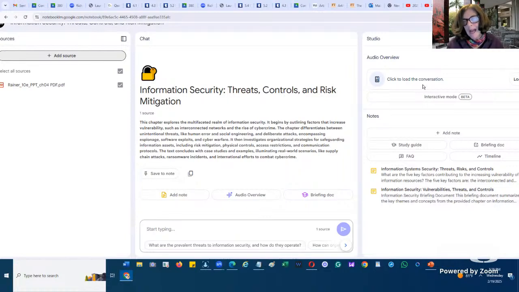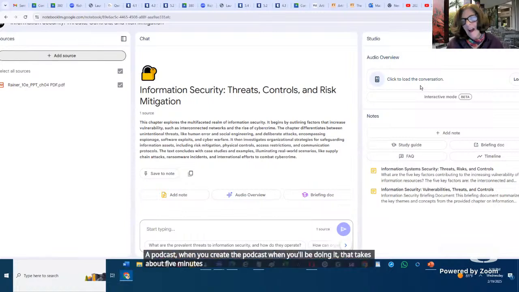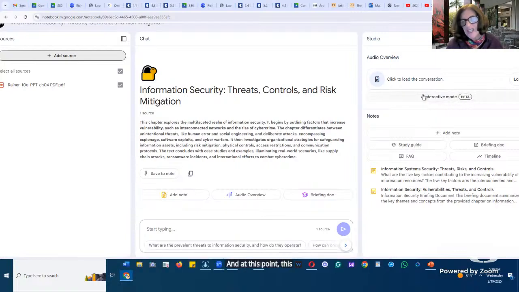a podcast. When you create the podcast, it takes about 5 minutes. In that time, I suggest that you pause the recording, so you don't have 5 minutes of blank there. And at this point, notice it says beta, they're checking it out.